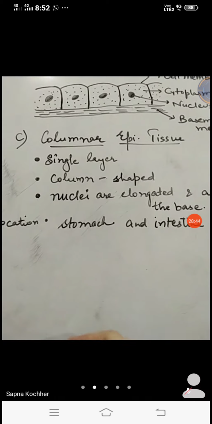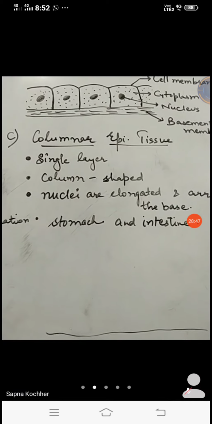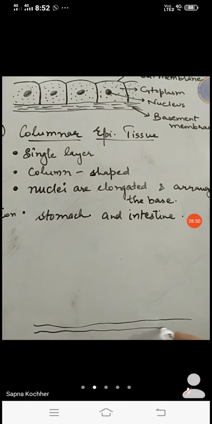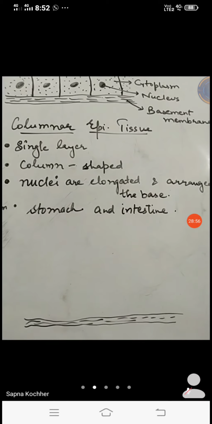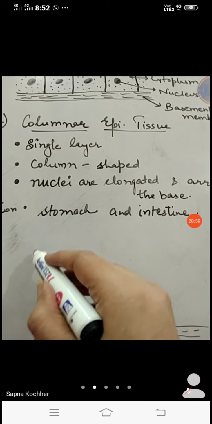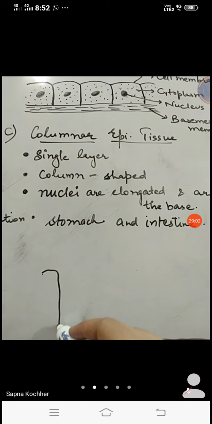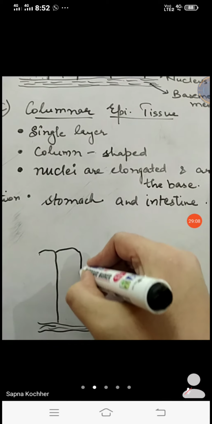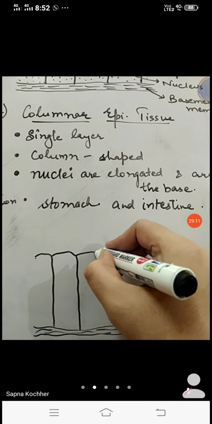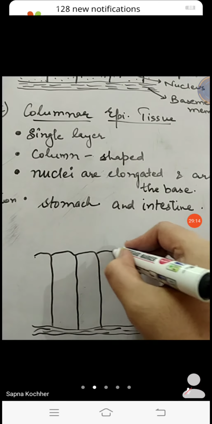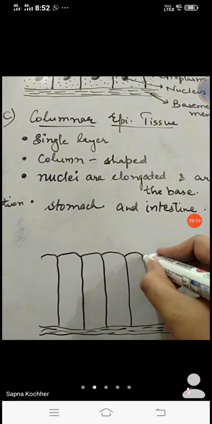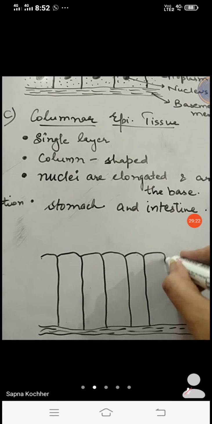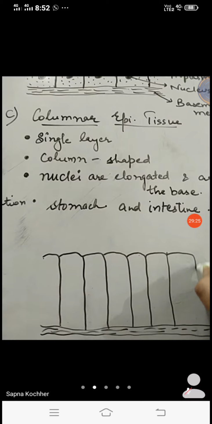The diagrammatic part, again, it starts with the base, that is the basement membrane. Okay, so this is the basement membrane that can be again of any tissue, and it has a good supply of blood vessels. Clear? The cells are more long than wide. So these are the long cells. They are more long than wide. So length is more and the width is less. So this is the structural feature, right? Having more of the length and less of the width.